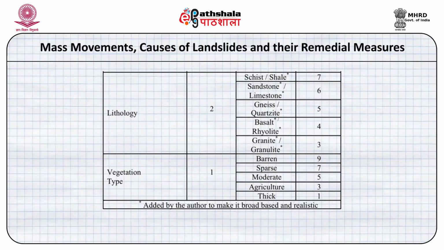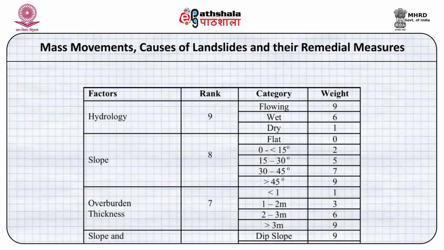Each of these factors has been further classified into categories. For example, hydrology, which has been given rank 9, has 3 categories: flowing, wet and dry. The flowing condition has been given weight 9, wet condition weight 6, and dry condition weight